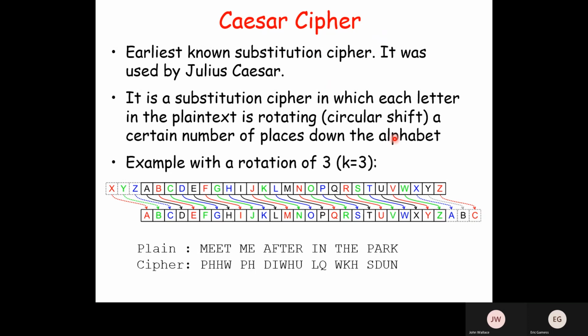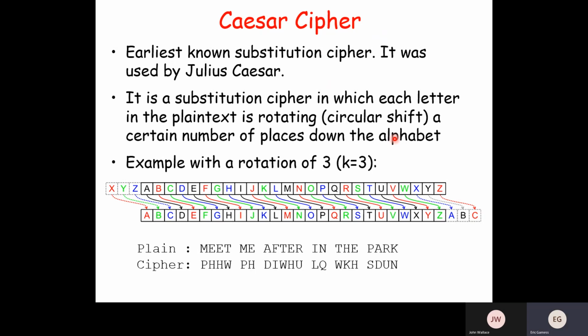Okay, so Julius Caesar is one of the first people that we know of that was using an encryption algorithm. He was in the Roman Empire. He was a very strategic military leader, and he took most of the countries around the Mediterranean Sea. He was in Italy, and he arrived to conquer all these countries. So he had generals that he would send very far away, and he needed to communicate with these generals.